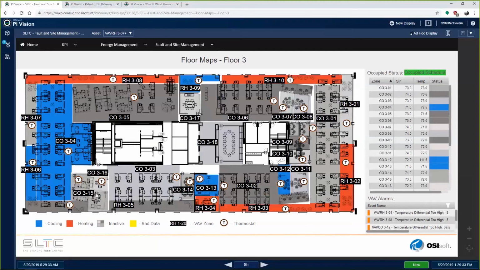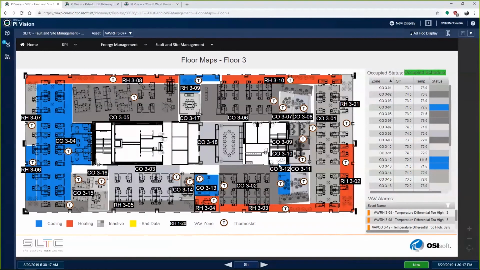And I can see here that I have immediate information just from the coloring and the shading and the layout of the data to know that the west side of the building is mainly on cooling. I can see that these air handlers, 3-07, 3-04, 3-06, are in charge of this area. I can see that the thermostats are positioned around. There are actual temperature sensors positioned in these strategic locations, and I can get that instant information as to what exactly is going on, the situational awareness to know what is happening in this building on this